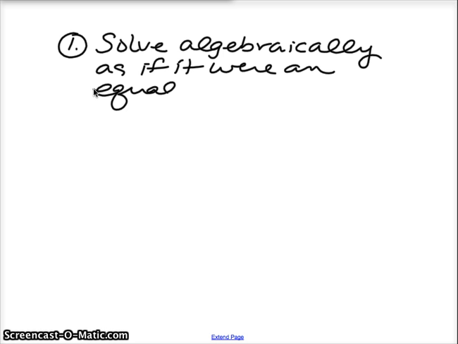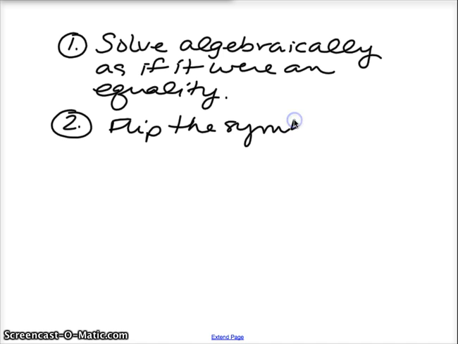You guys know how to do that. But we showed that there's a difference between equalities and inequalities in order to maintain the truth statement. So what you need to do is remember to flip the symbol